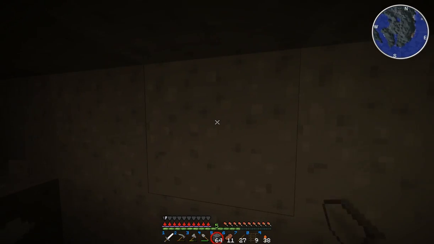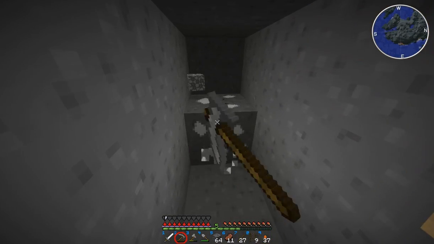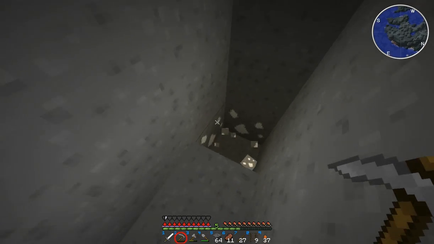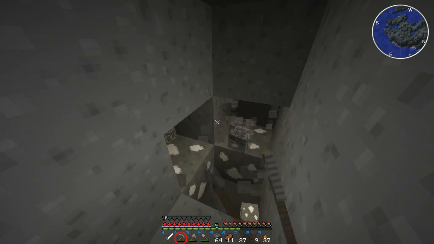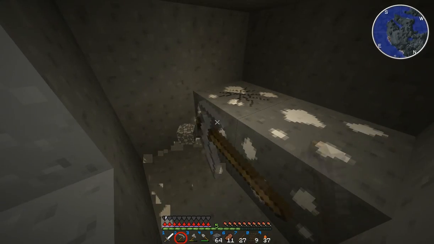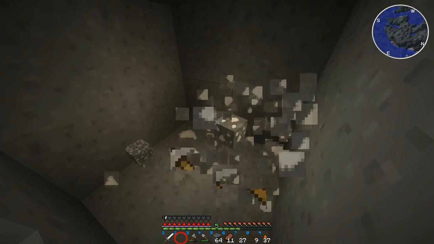Oh, iron. Perfect. Just what I needed. Let's see how much we can get out of this. Oh, good. Looks like a decent amount. I like to sort of scope out the iron before I dig right into it. Because at this layer, like I said, it is possible to find...